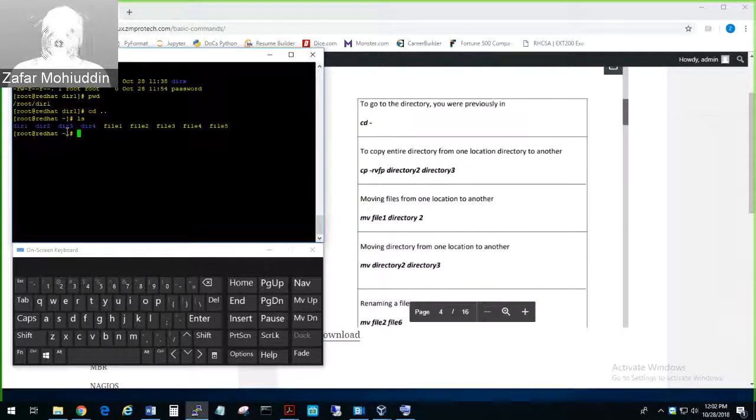So I want to copy all the content of dir1 into dir2. Okay, let's go in dir2. Okay, there's nothing in there. So what I'll do is literally you have to use this command here,